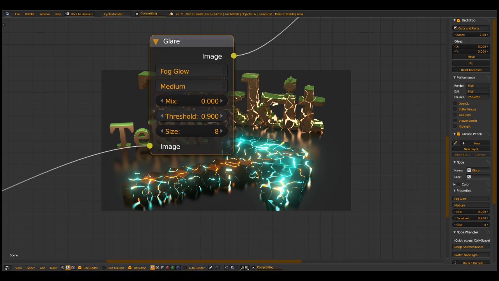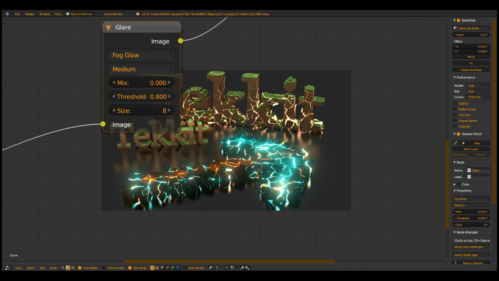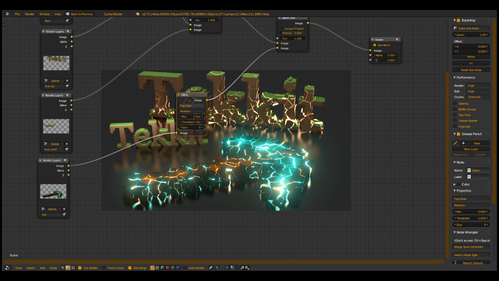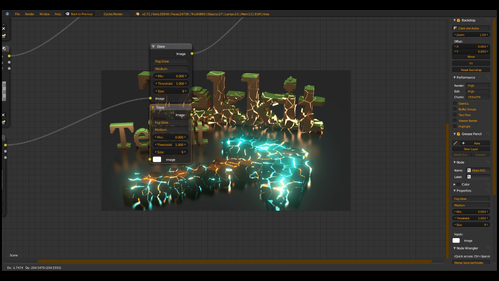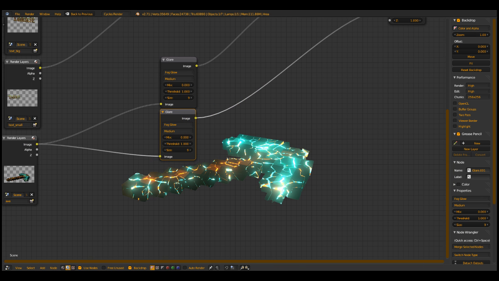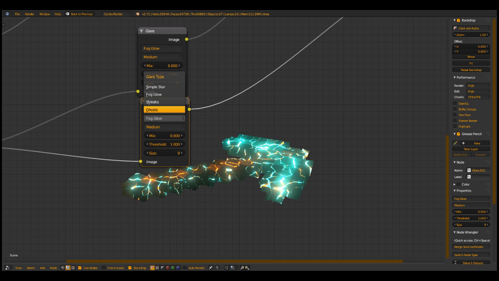I had a problem last time with the alpha, but when it works I don't have anything against it. So just some fog glow, and Control Shift left click to add this to the viewer, and also some streaks,